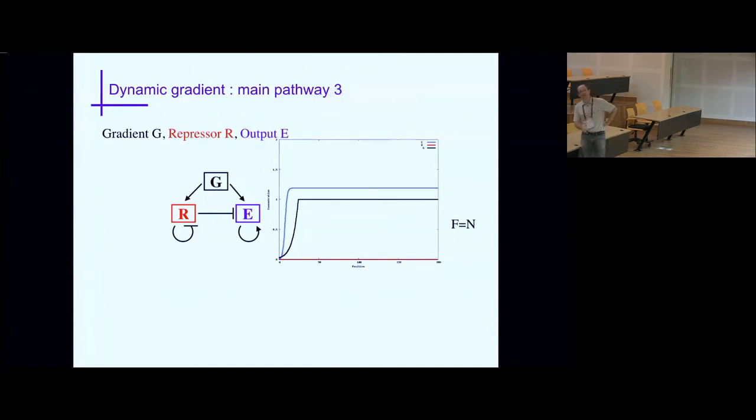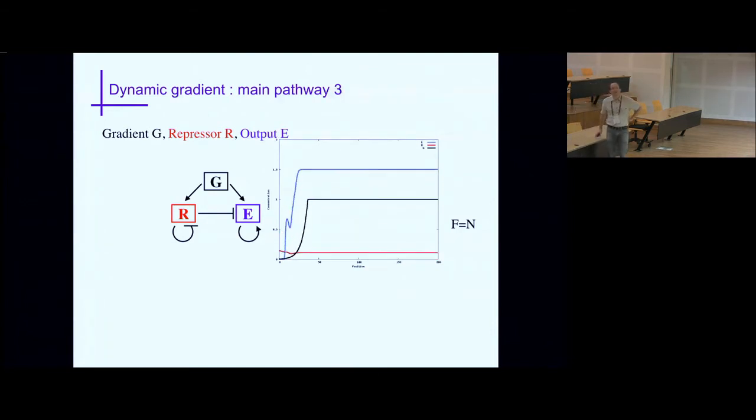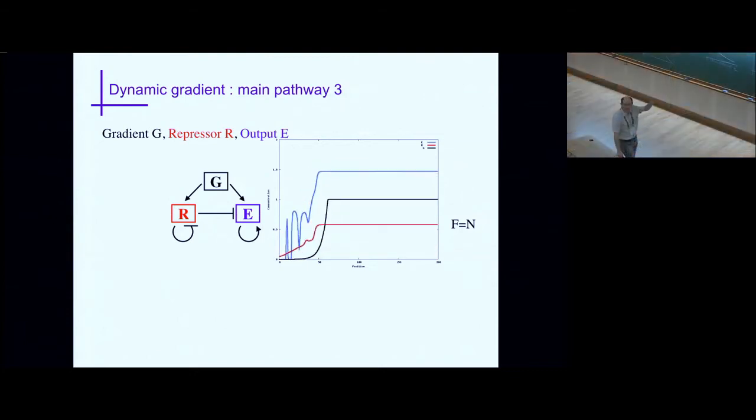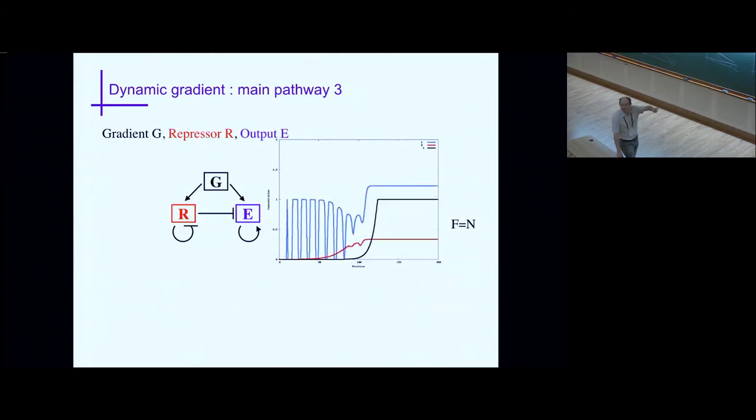So now let's look at the dynamics. So now R is oscillating. R is oscillating, and so you have the front is moving, activating E, and then R is oscillating, and so depending on the value of R when the front is passing, E can stabilize in the up state or in the bottom state. And so that gives you, basically, a simple model of stripe formation in vertebrates.